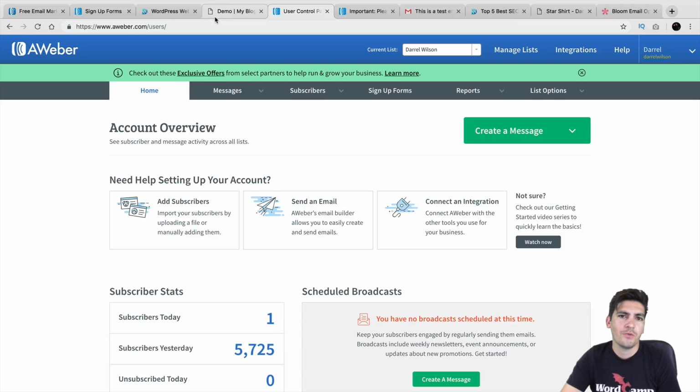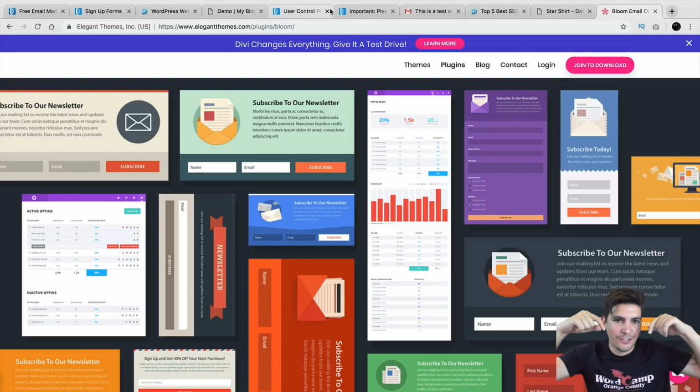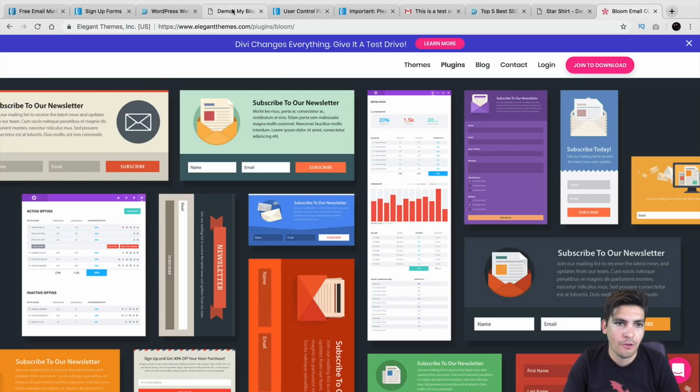I think Aweber is a great email marketing campaign platform. I mean, it's just simple. I love the legacy follow-up. It's just really easy. I preferably would use Bloom, or I would use some other form. I think with Elementor, you have to use Crocklebox, but I'll put those links in the description below. I think Crocklebox is a form where it gives you an email subscribe form, but I think Elementor Pro just offers that. So you might want to look into Elementor Pro, the Divi subscriber form, or just Bloom,